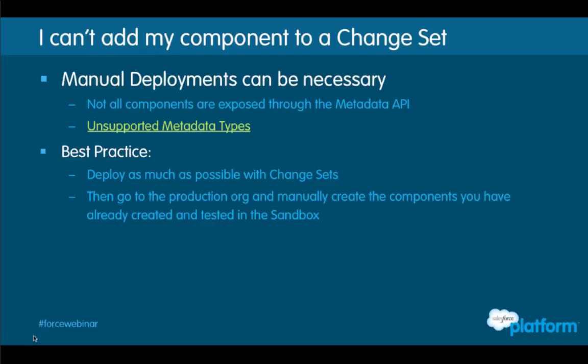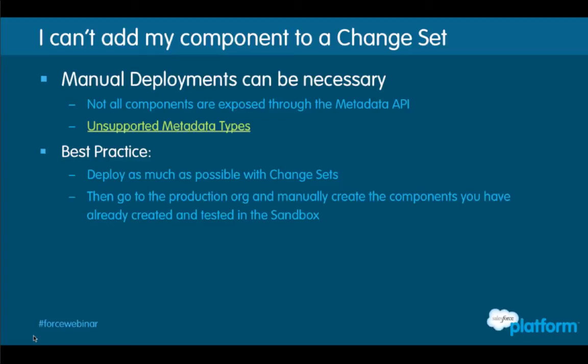Well, it turns out that our metadata API, which change sets is built on, is not complete. There are some components that you just can't upload and deploy. Now, we're working on closing the gaps in the metadata API, and hopefully in the near future, it won't be this case. But right now, for minimal cases, you have to do a manual